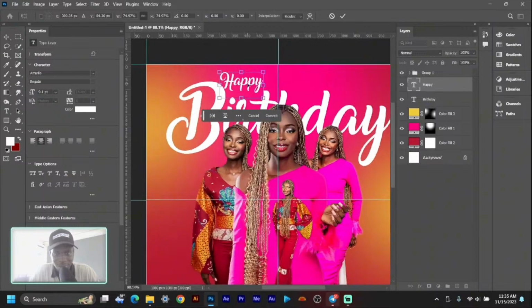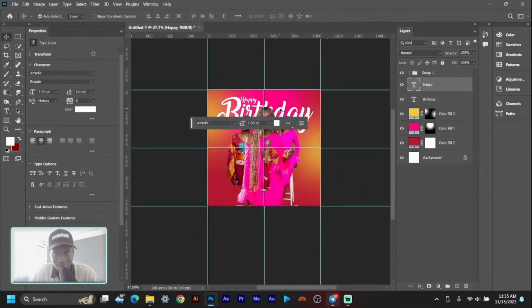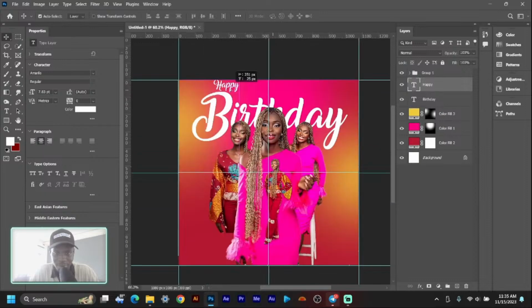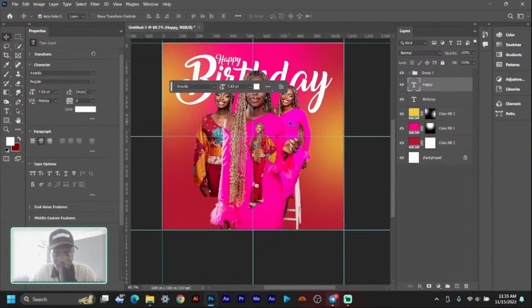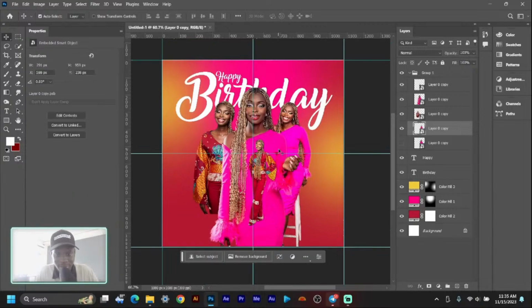Let's see if I can put it in here. But will it be too visible? I don't think so. But it's not a problem. I think I just prefer it there. It just looks amazing. That means I'm going to look for an image of a castle and try adding it in the background. So, but before we do that,